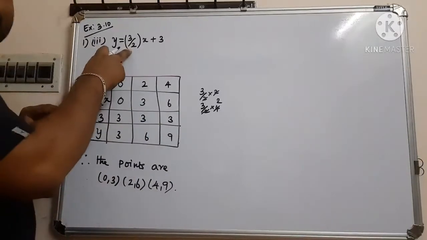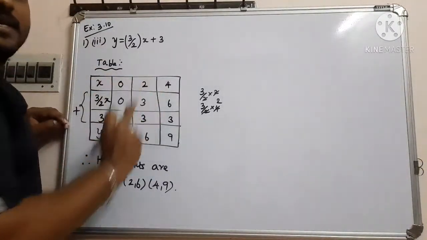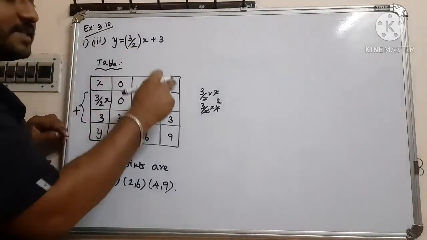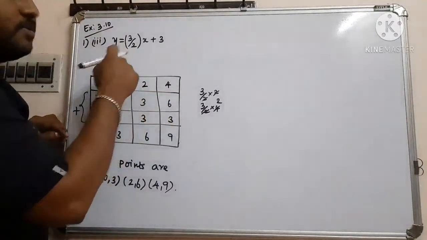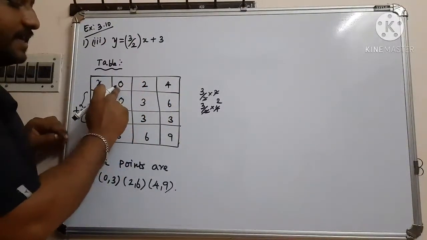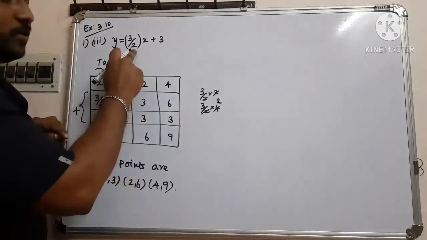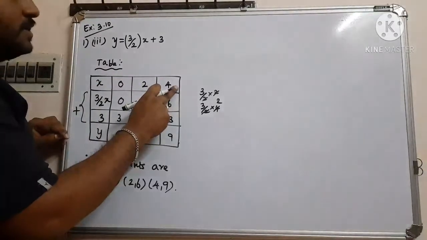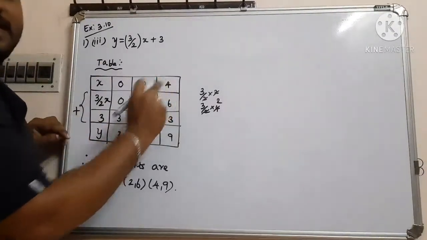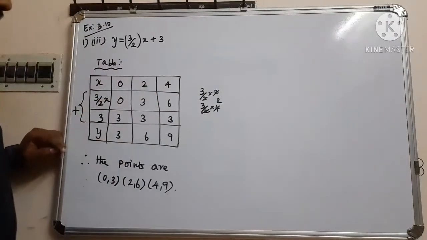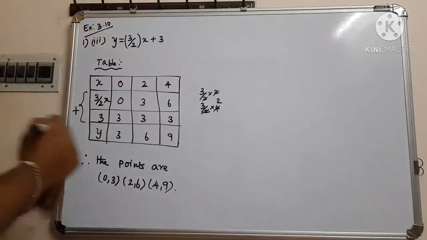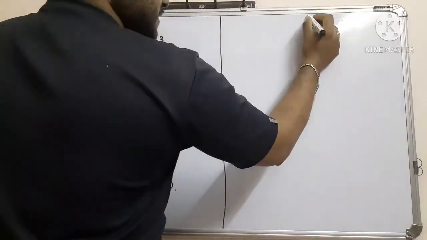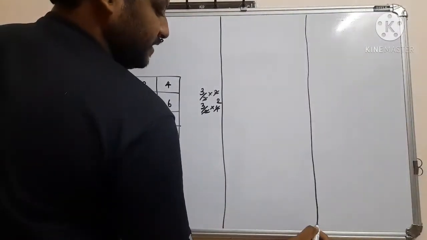Okay. Here the denominator is 2, so we took even numbers. Suppose here it was 3, what would I do? 0, 3, next comes 6. We should take numbers that simplify with 3. That is why we take 0, 2, 4. If the denominator was 3, take 0, 3, 6. If it was 7, we would take 0, 7, 14, so that it is easy to simplify. Then the points will come like this. Now we are going to draw a graph same as what we did before.